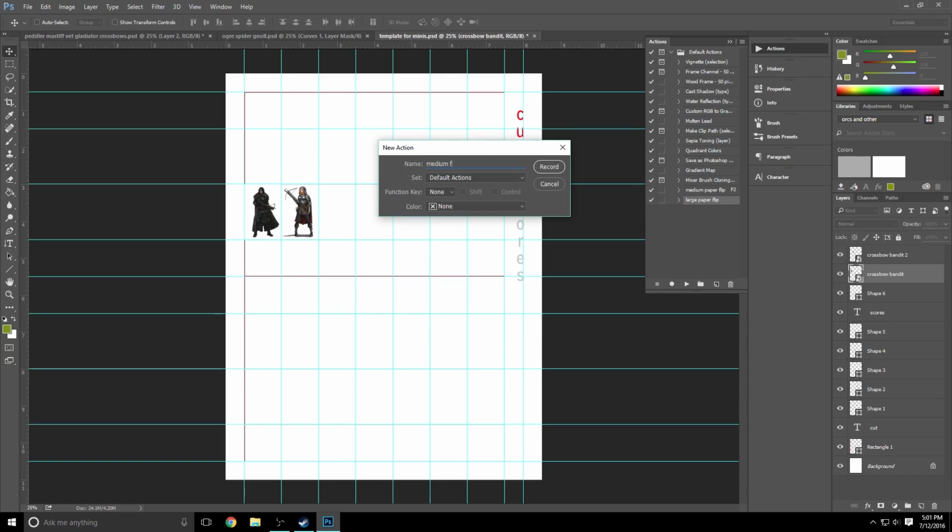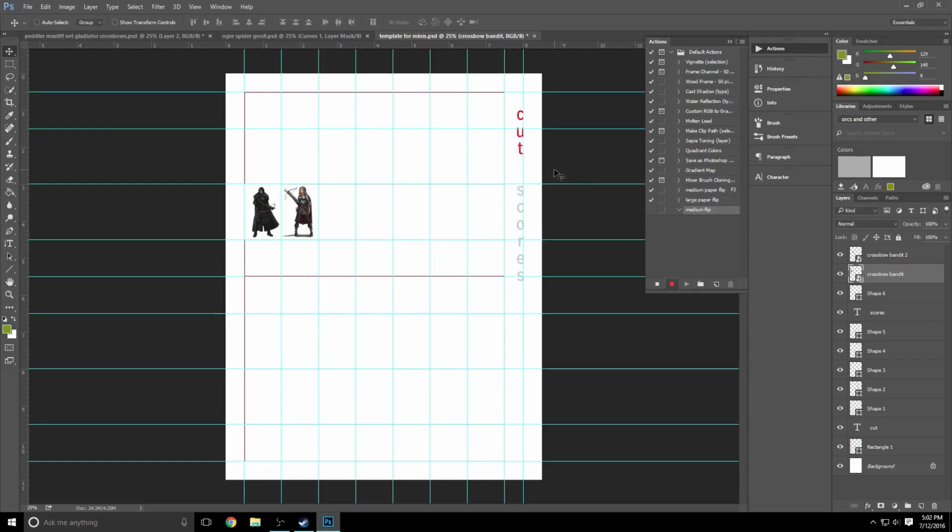Typing's hard. Typing's really hard. Medium flip. Also going to give it a color just so it'll stand out a little bit. There we go. From this point forward, anything I do in Photoshop is going to be recorded as a part of this action. So make sure you've got what you want to do in mind before you get started, because it's going to record it all,